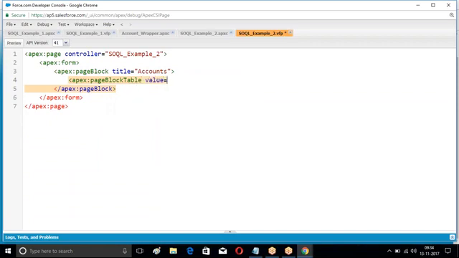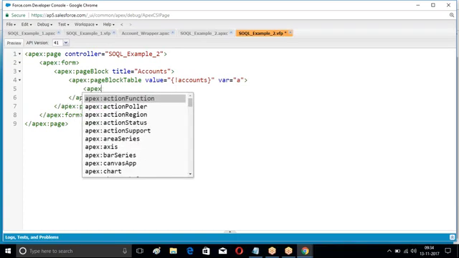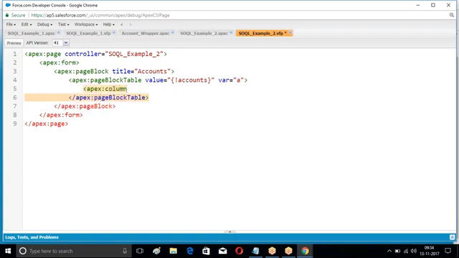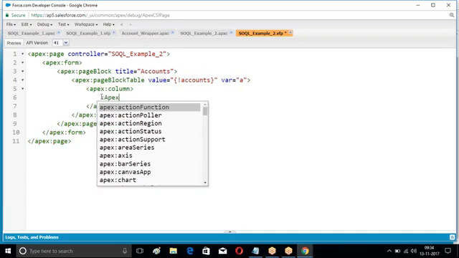Table value equal to page log table value equal to accounts value equal to here. What we are going to do? Apex